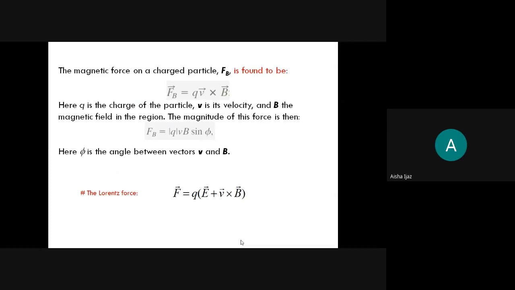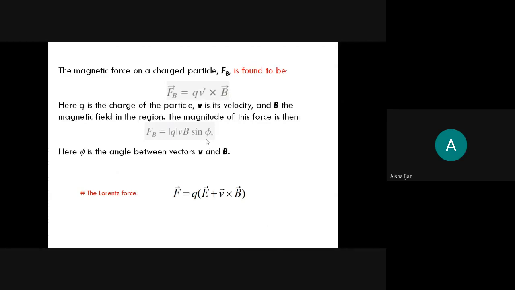Remember, this B field exerts a force on the charged particle that is called a deflecting force, because it will deviate it from its straight path. The difference is that if the charged particle is in an electric field, it accelerates in the same direction or the opposite direction of the electric field, depending upon the sign, while the magnetic force is a deflecting force. It always deviates the straight path of the particle, and the particle tries to bend from its original straight path.